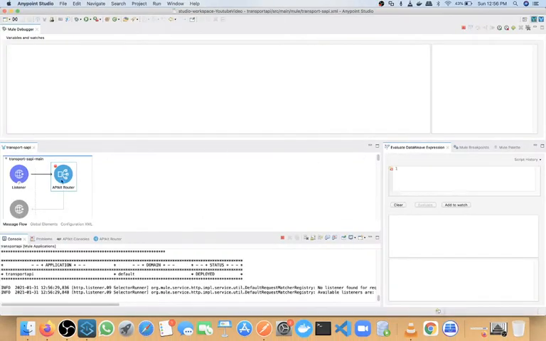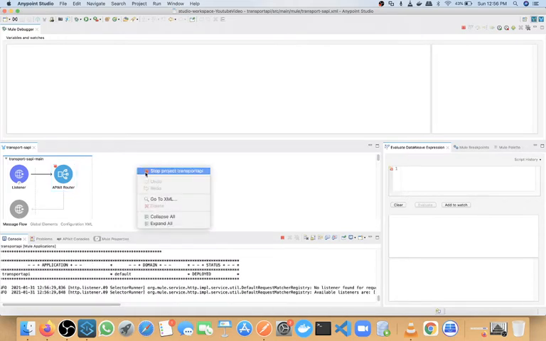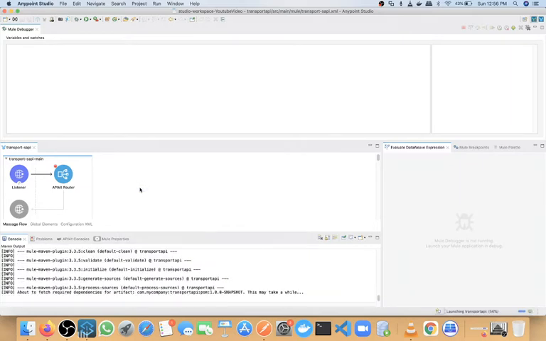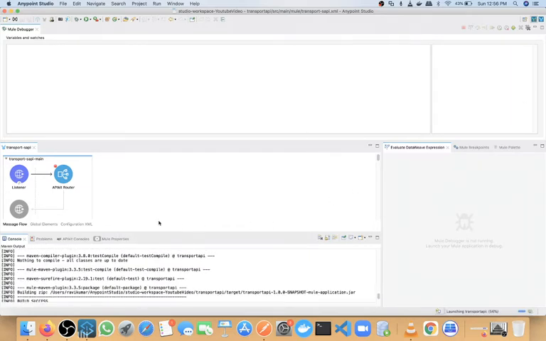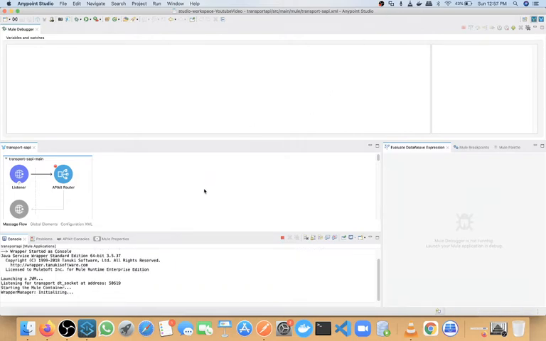Okay, but we added a breakpoint, somehow it's not working. Our API gets called, but the breakpoint is not working. So what we can do, we can stop. Sometimes you will face this kind of problem, where your breakpoint will not work. In that case, either you can restart your application, or you have to restart your endpoint studio. We'll try with redeployment of this application. If it works, then okay, otherwise we need to restart our endpoint studio.